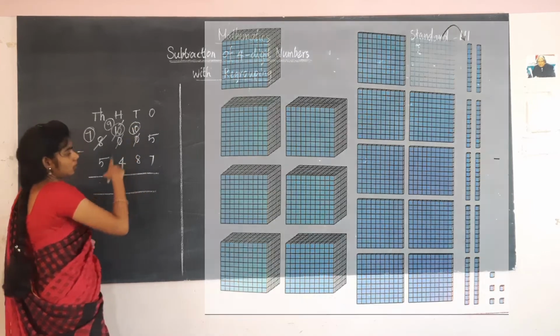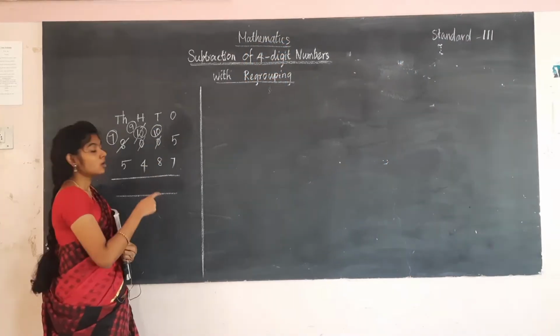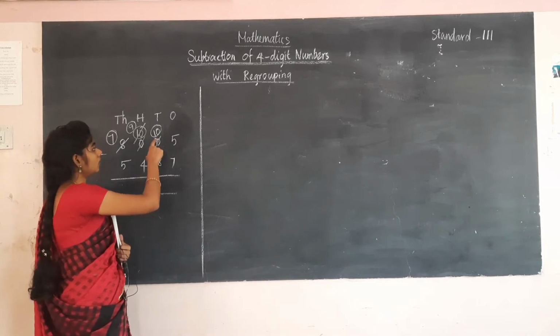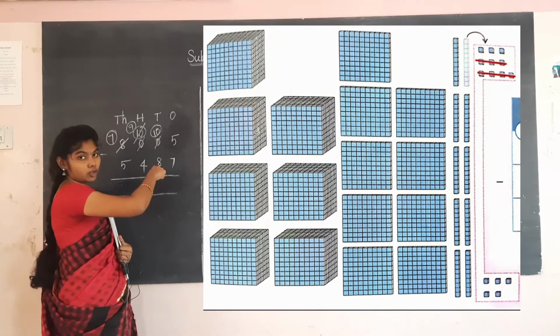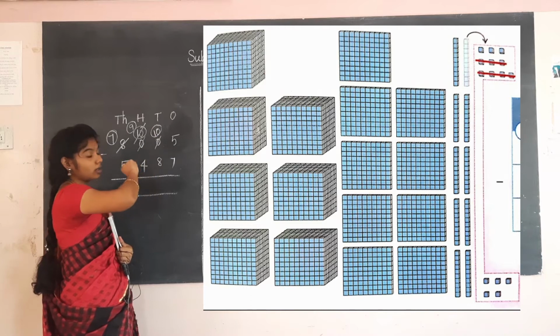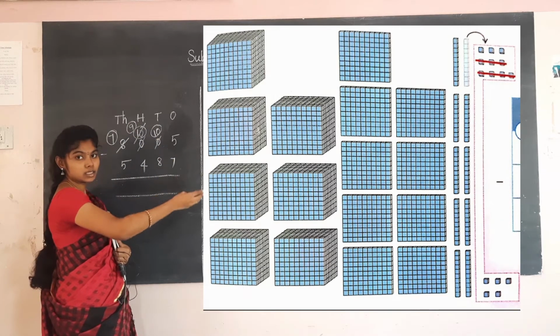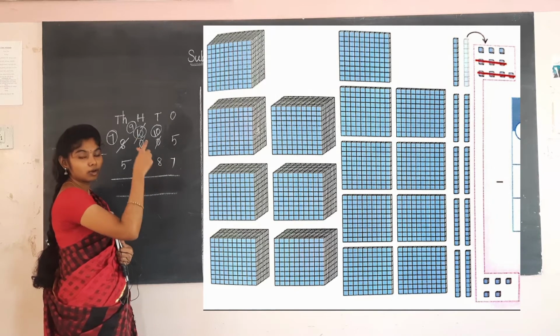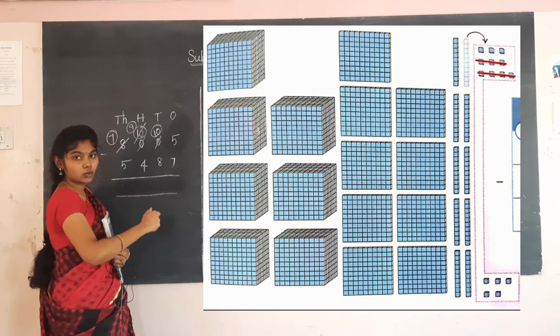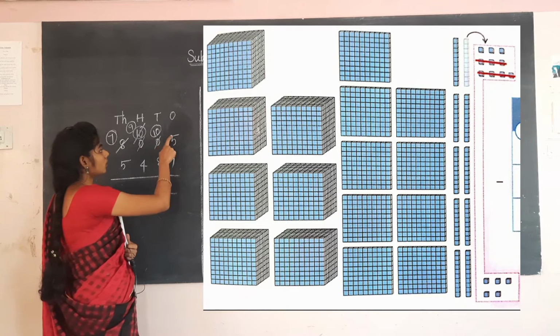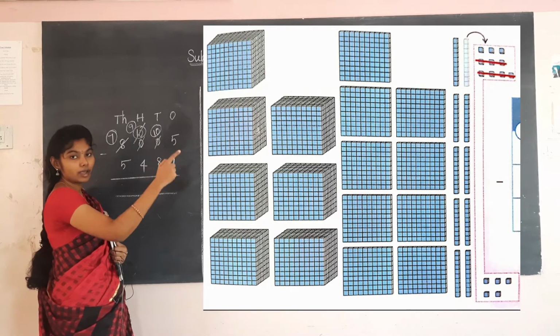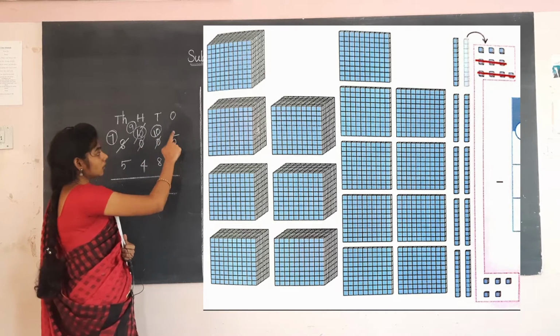Write 1 before the number of 0. So you will get 10. So now you are removing the number from the tens. From the tens, you are removing 1 ten, 1 rod from the 10 rods. Then you will get 10 ones. From the 1 rod there will be 10 units, so you will get 10 units. So here there will be 10 plus 5 is 15, that is 15 units you will get.